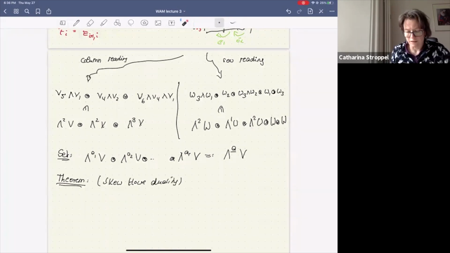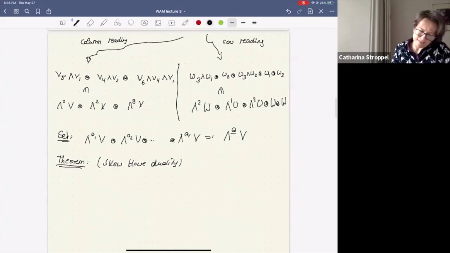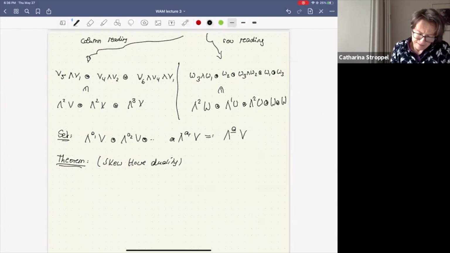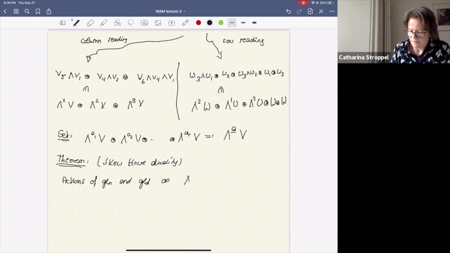So, I should warn you, Howe is a name of a person who is actually still alive. And Skew is not a name. Skew refers to the fact that I take wedges, so that's a skew. And Howe is the person who found this result. So the statement says, the actions of GLN and GLD on wedge N V tensor W commute